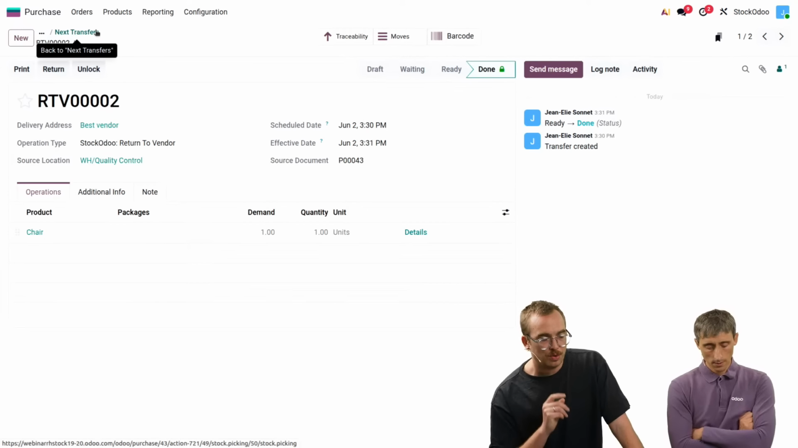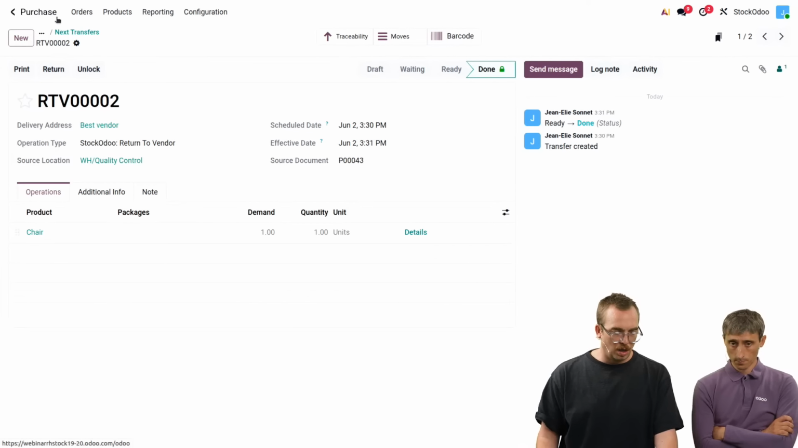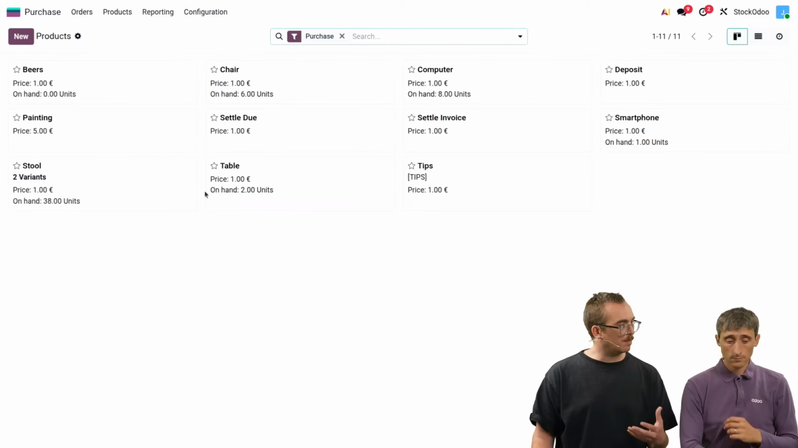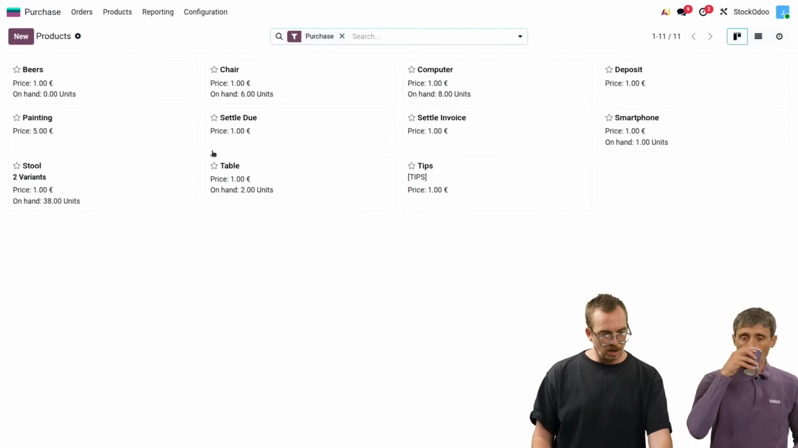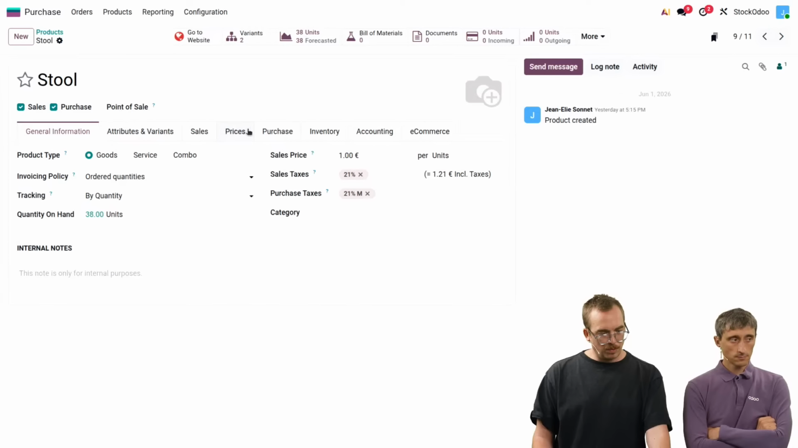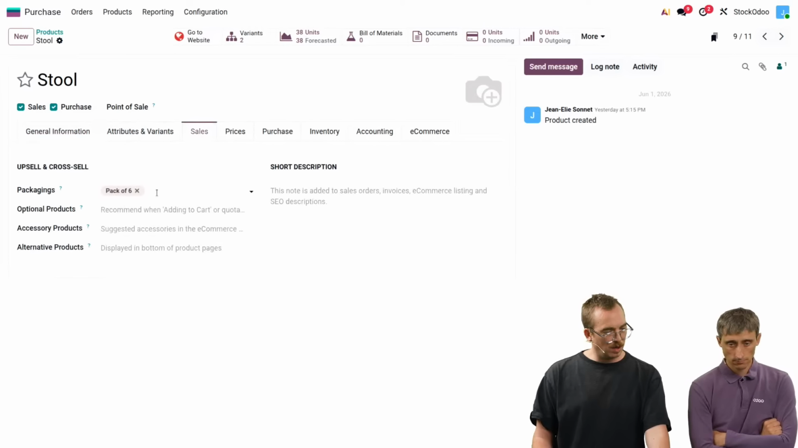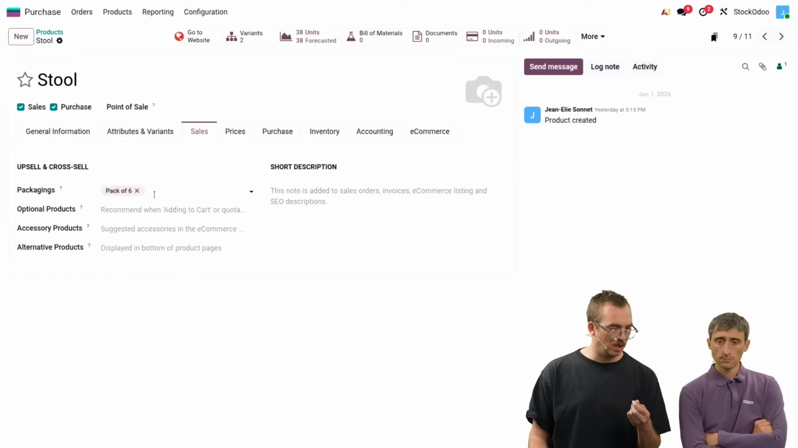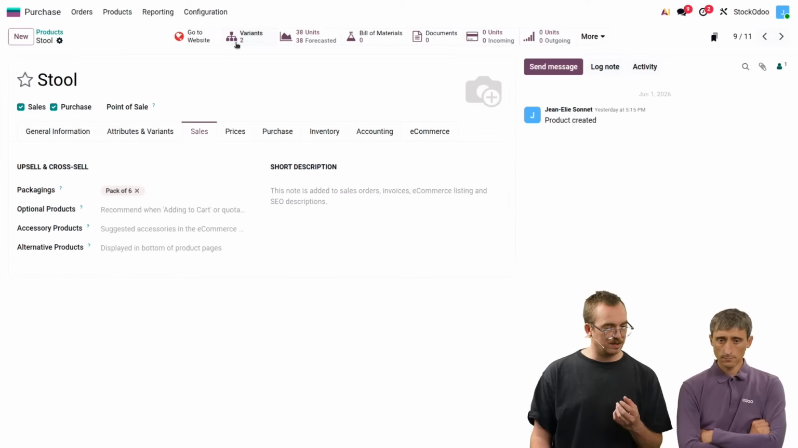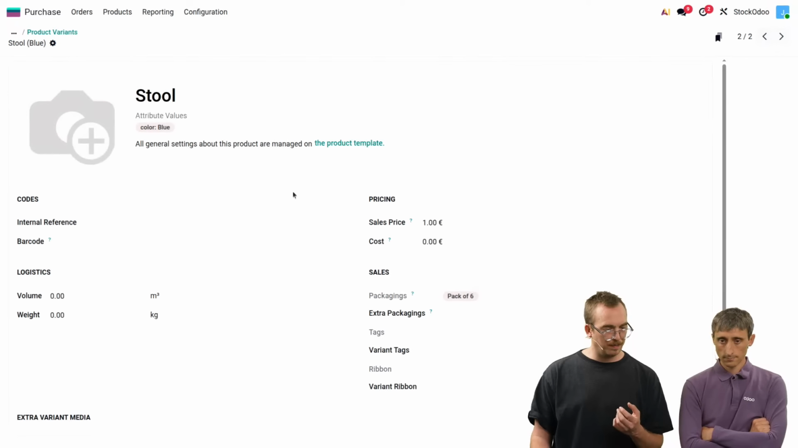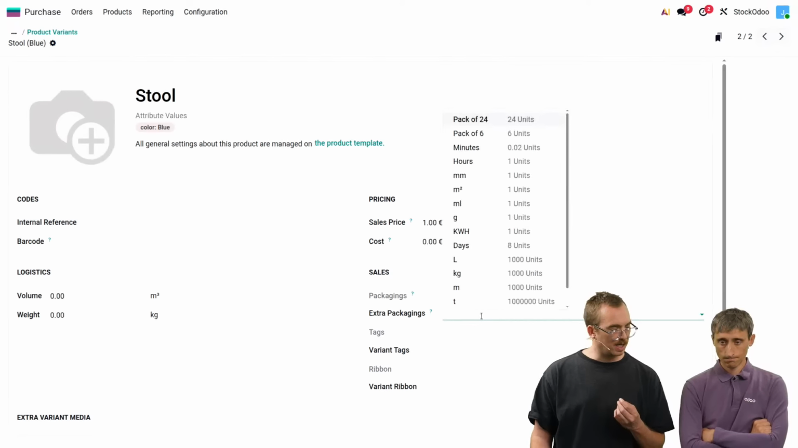Still 3 other features I want to show you. Another one. Here we're taking something existing and applying it to more levels. You know that you could have packagings on the product template. Here, for example, the stool can be sold by pack of 6, but this stool actually has 2 variants because it has 2 colors, red and blue. Well, now we can also add packagings on